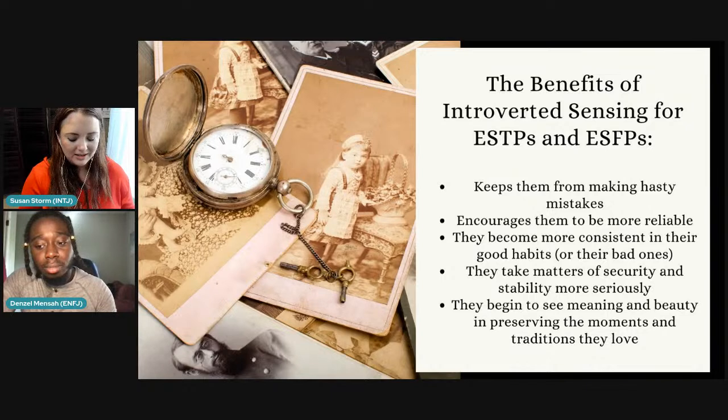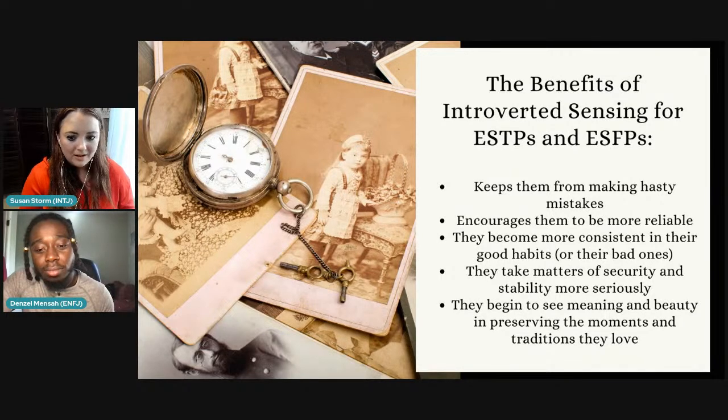One of the issues that extroverted sensing dominant types can have is that they leap before they look, and then they break a leg or something like that, but not in a good way. So when they integrate introverted sensing, they can become more conscious of the risks. They can be more cautious, and they can also become more reliable. Rather than switching their plans day to day based on what feels good in the moment, they can think about the traditions, the legacy they want to leave,